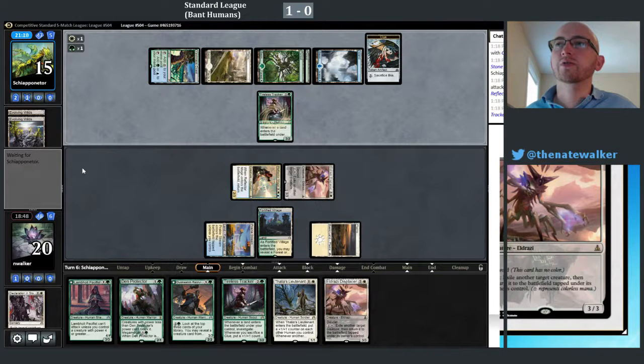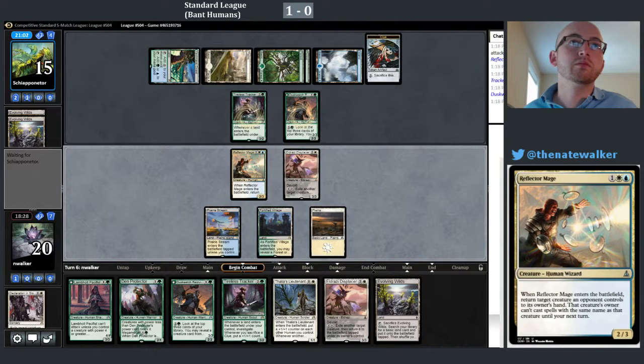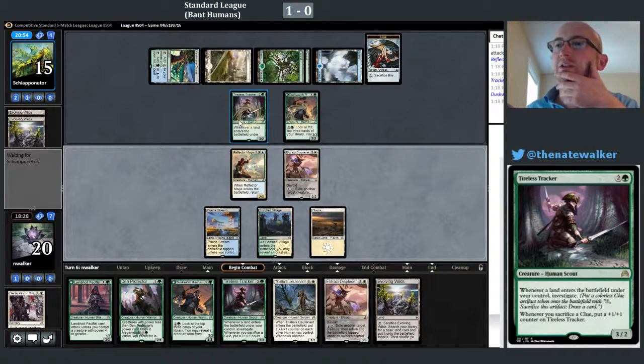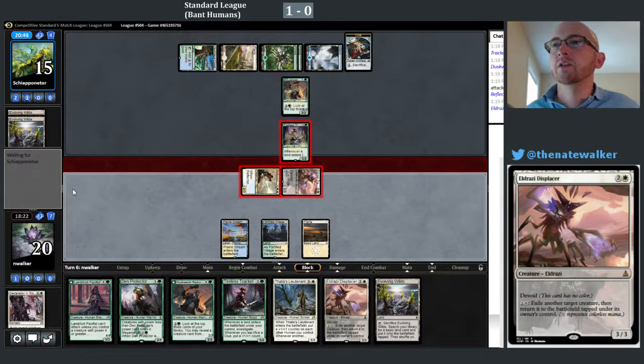Okay, another Tireless Tracker. I've seen worse things, and we drew an Evolving Wilds, which is great with our Tireless Tracker. We can attack with both. I don't mind a trade here. Our opponent would have to trade off the Tireless Tracker. So I'm okay with that. If our opponent blocks, then Dromoka's Command is heinous for them, so they probably won't block anyway. They do block. Alright, yeah, I'm fine with this, whatever. Tireless Tracker is a pretty big threat, so...